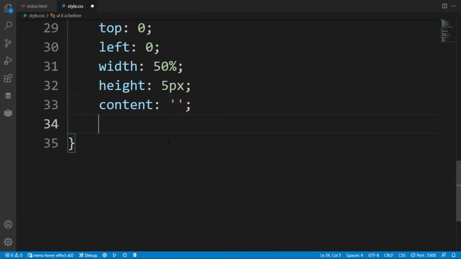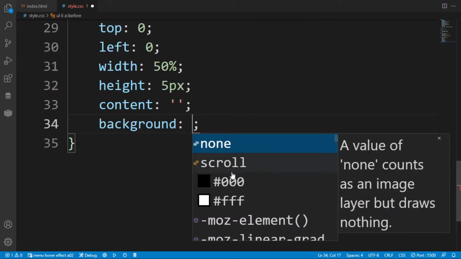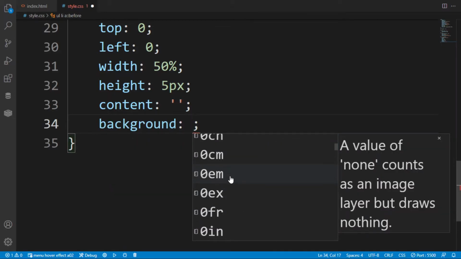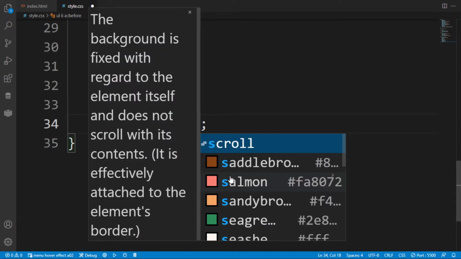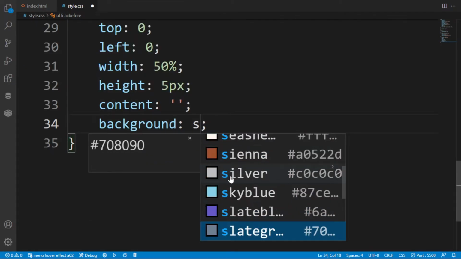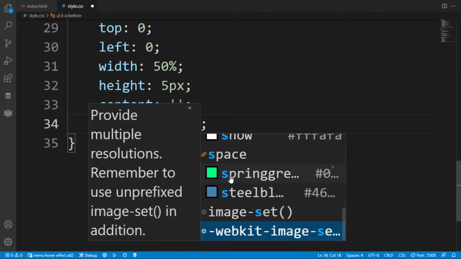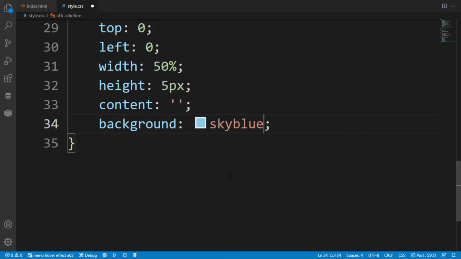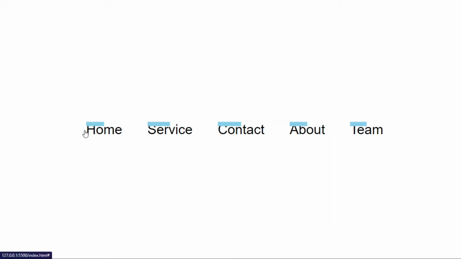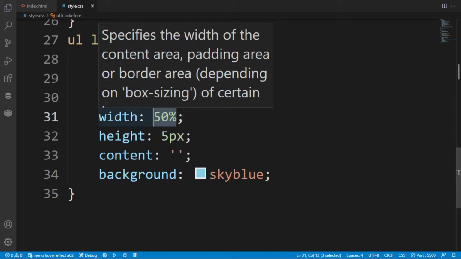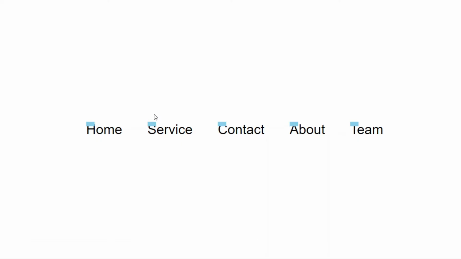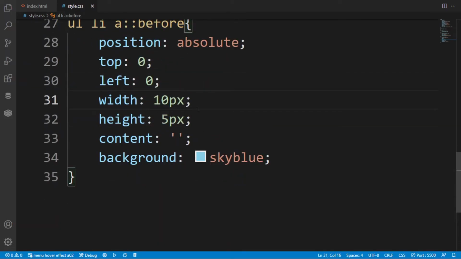So as you can see there is nothing. Now we have to put a background; you can choose any color of your own choice. I am scrolling it down, and I have chosen sky blue, but it does not look so good. So I am putting this width to 10 pixels. So this has been shortened.